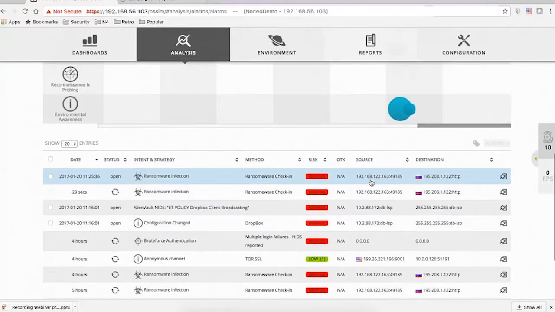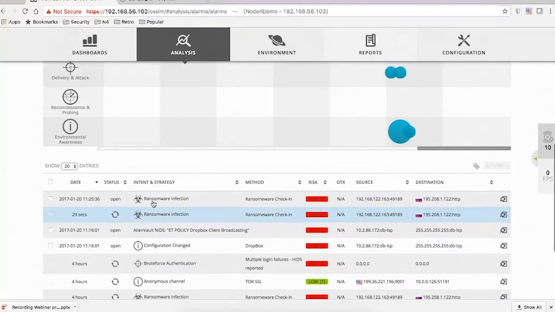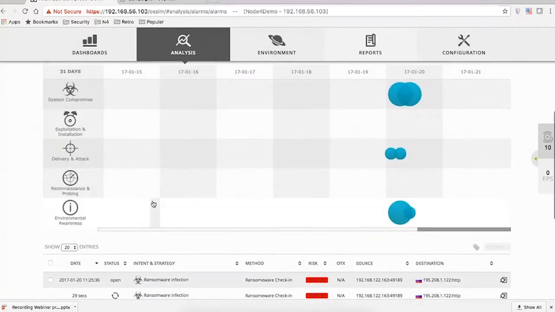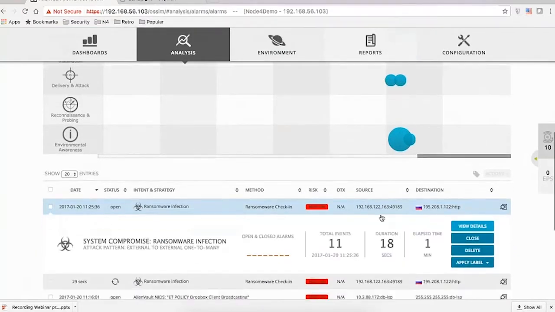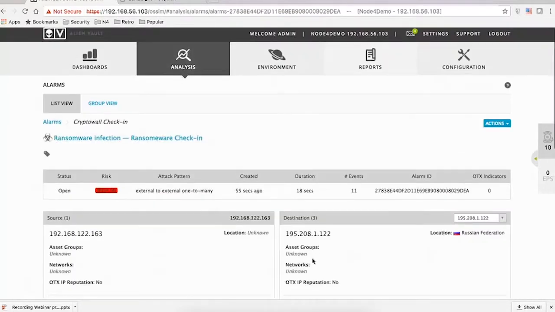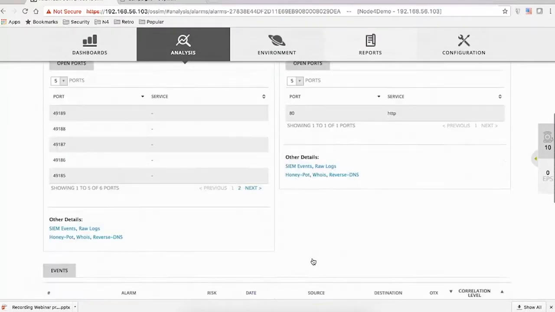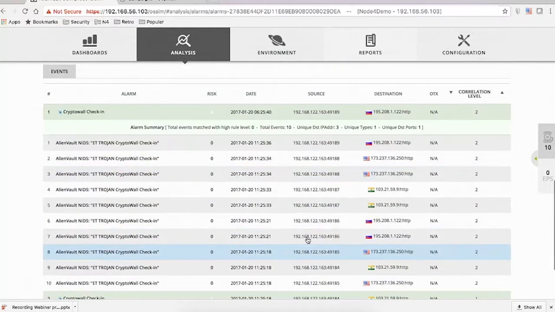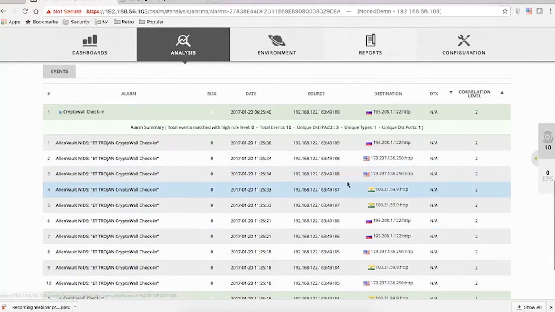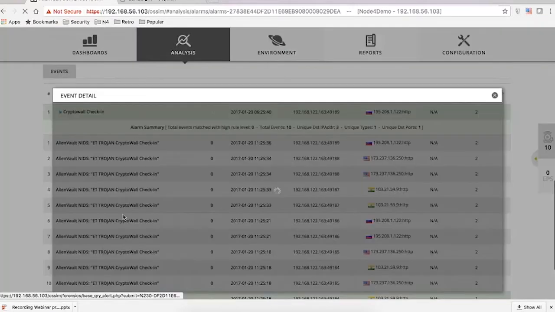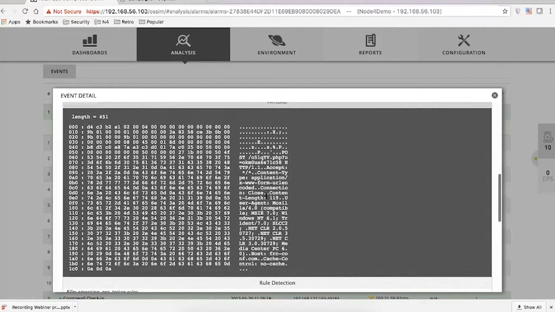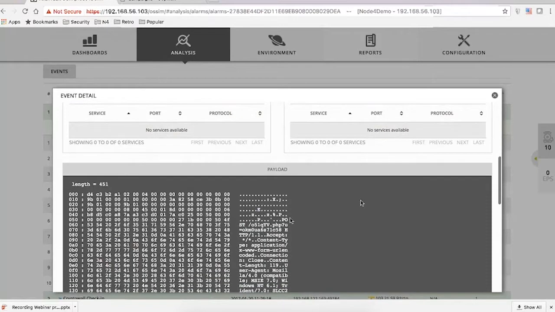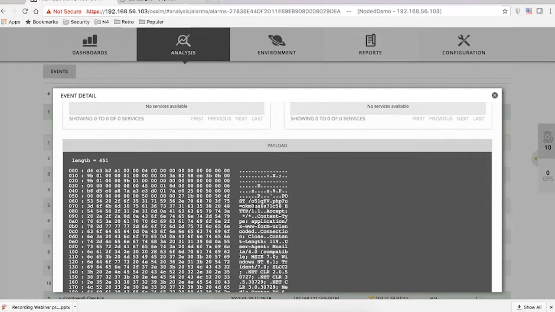So within a few seconds, we've seen that our network monitoring tool, our SIEM, has actually detected a ransomware infection, and our course of action then obviously will be to go into more detail around this and see all the IP addresses it's actually communicating with. We can drill down to further information and look at the actual packet content itself to see exactly what it's doing. You can see it's posting a script to